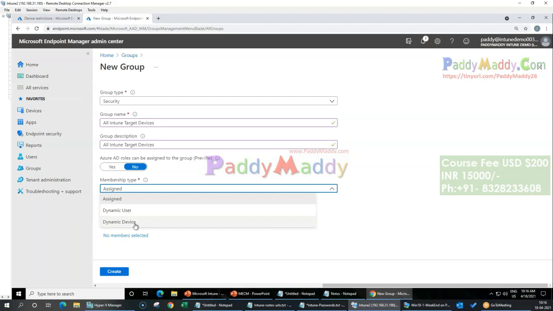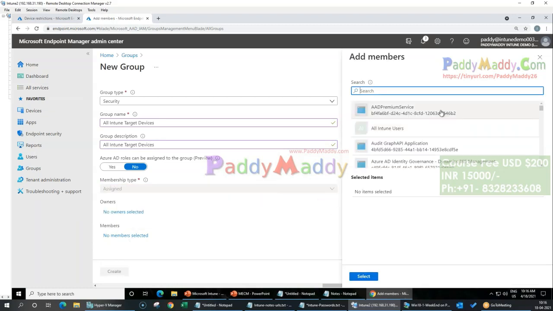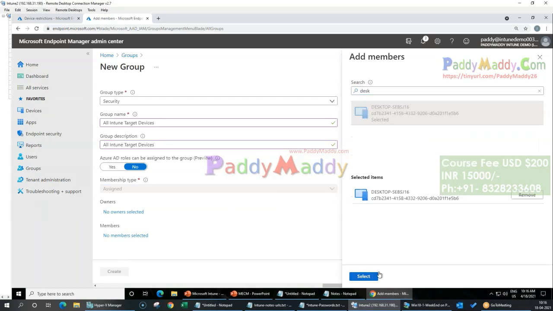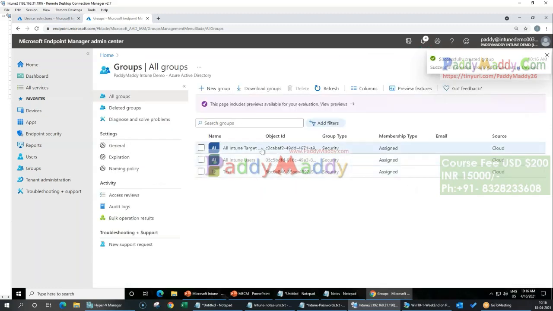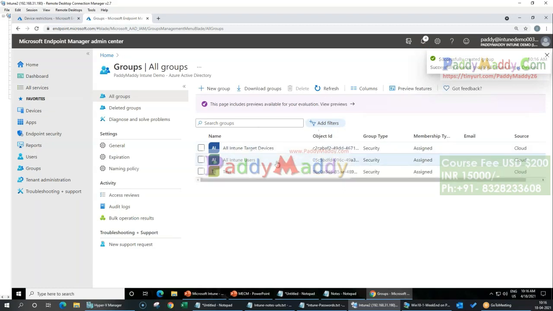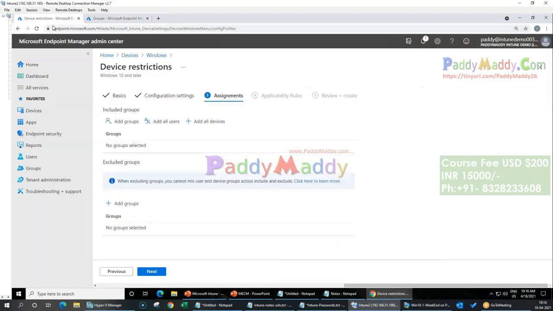Here this is again assigned. I can select the members. In this case I think it's a computer name, desktop. So this is the computer name I wanted to assign. So now we have two groups created. One is the user group, the other one is the device group. So I can go back here in this tab. I can assign this